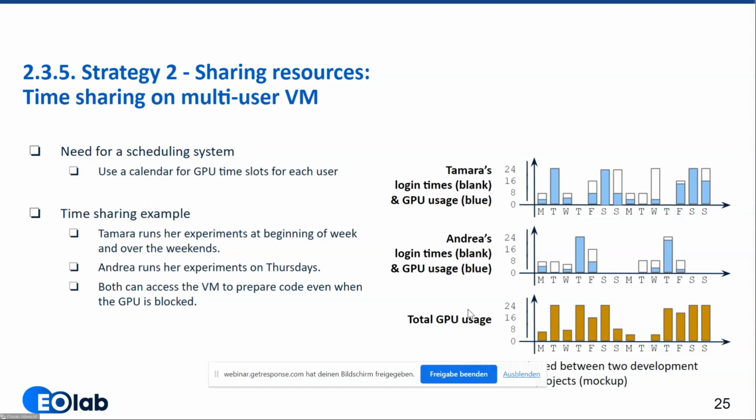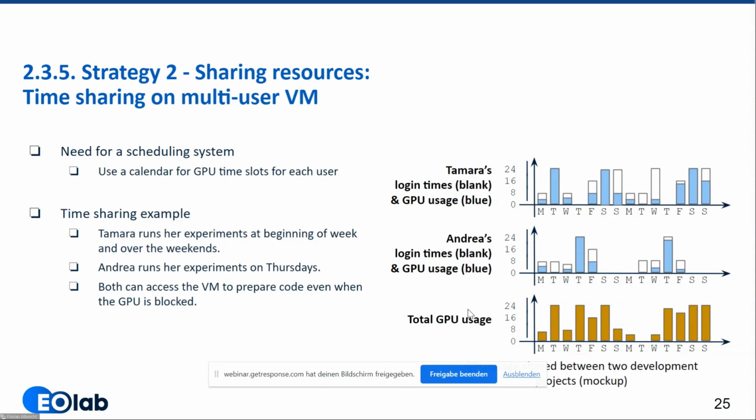So probably with this setting, to have multiple users on one virtual machine, you can fit in much more processing than if you have the split-up setup, where you have 3 virtual machines for each user, and